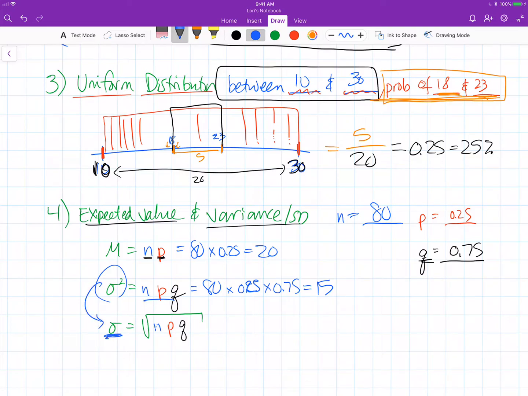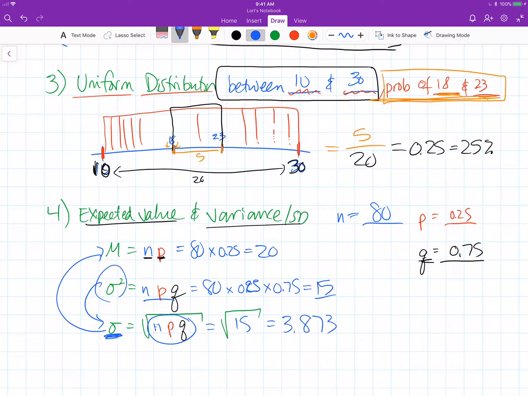Standard deviation has the same units as our mean, and so that's very handy. Variance doesn't help us as much in that area, but we need to take that same number we just calculated and take the square root of it, because variance is simply standard deviation squared. So I'm going to take the square root of 15, which is equal to